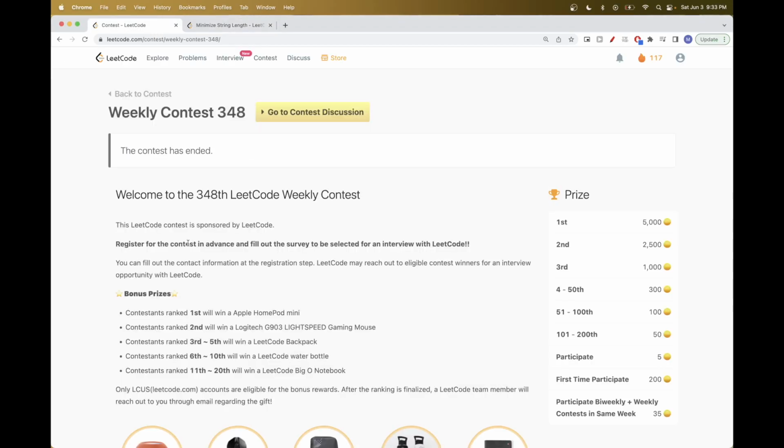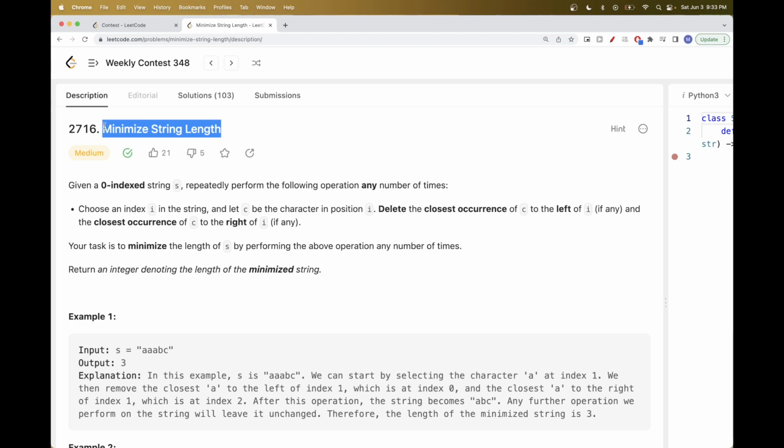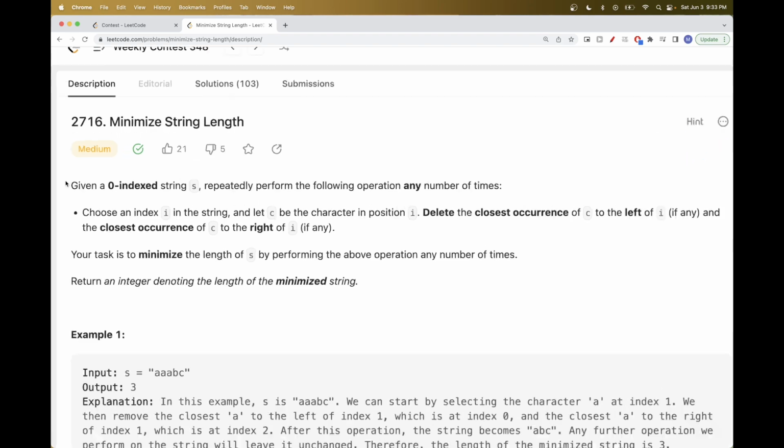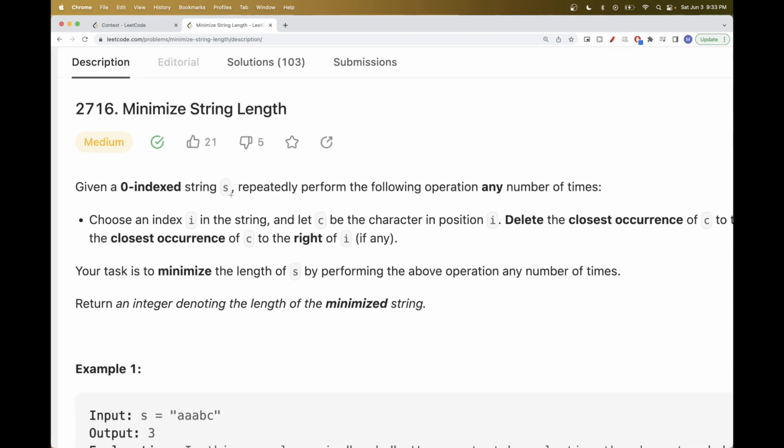Hello, so today we are going to do problems from weekly contest 348. The first problem is minimize string length. For some reason they chose to have the first one be medium. Yeah, it doesn't matter really, but so here we have a string s, and we repeatedly do some operations any